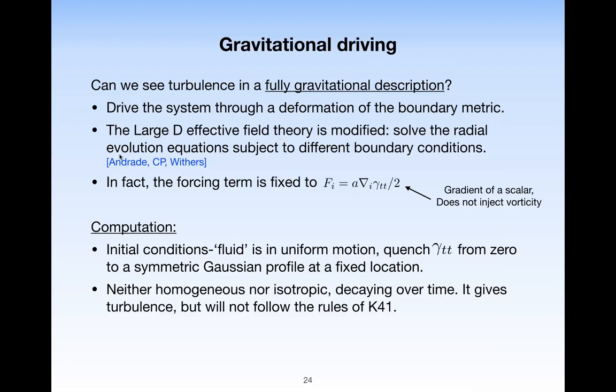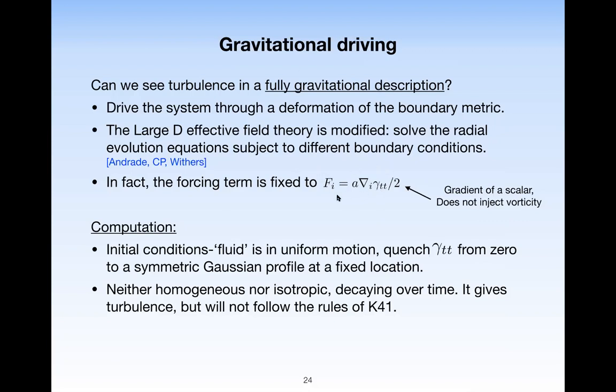And we did this a few years back with Thomas and Ben, and what we found is that the equations are exactly the same as the ones that I showed before, but now the forcing term takes this particular form that I write down here. In particular, it's a gradient of a scalar. Okay, this is not great because this carries no vorticity. So we cannot use this forcing term in the same way as we did before. But nevertheless, one can get turbulence